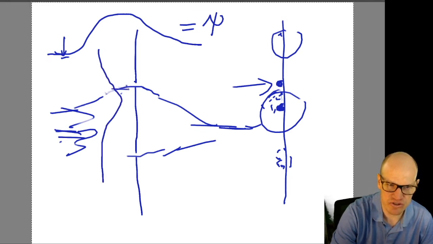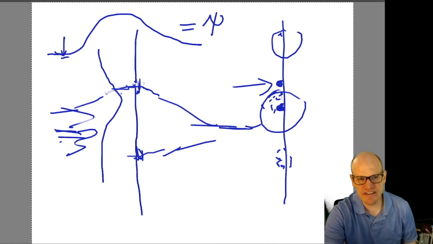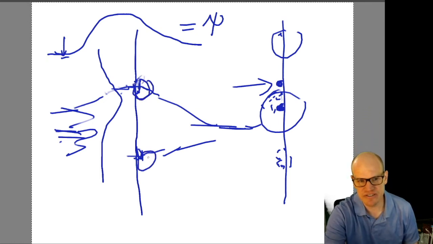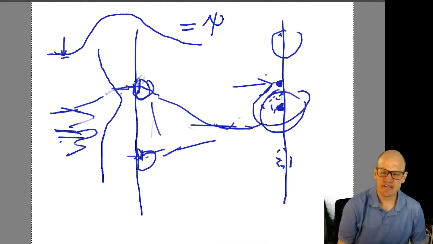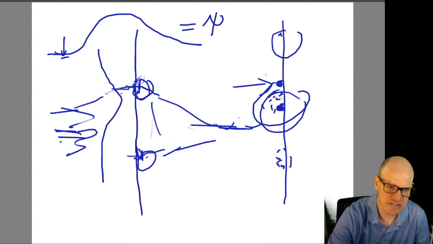And so a portion of that probability is going to go through here, a portion of that probability is going to go through here, and then the wave function as it emanates from here and from here will interfere with itself to produce the interference pattern that's on the other side. Now, we talked about this, I think it was last time, it may have been 2 times ago, what's actually going on here. And the answer is that the single wave function goes through the whole apparatus, interferes with itself,